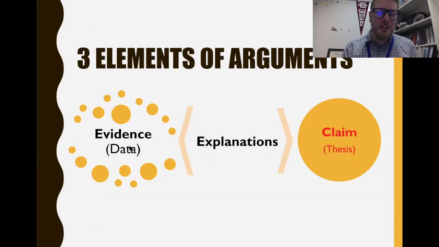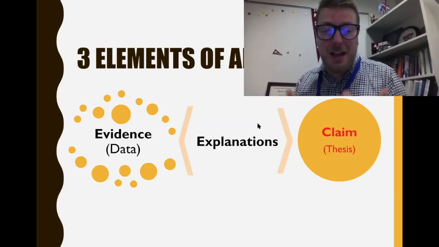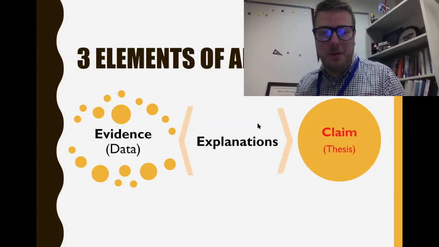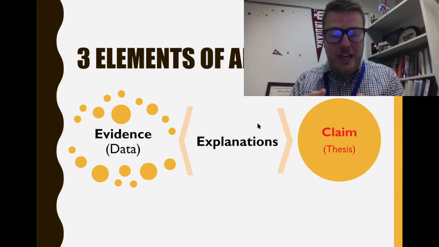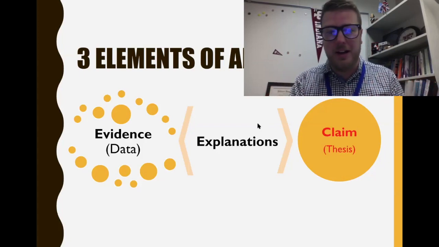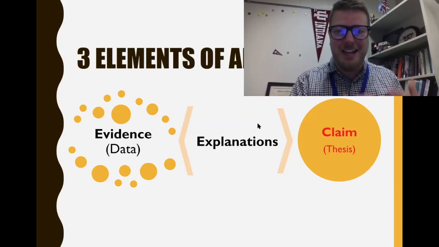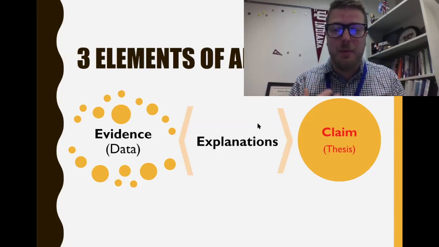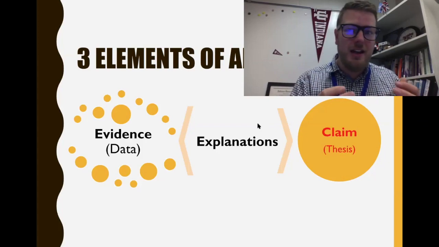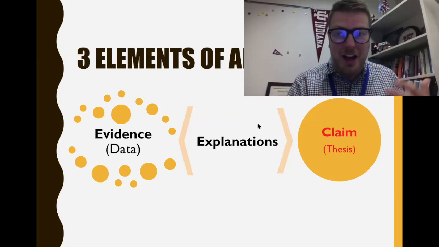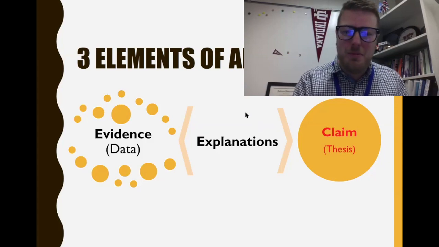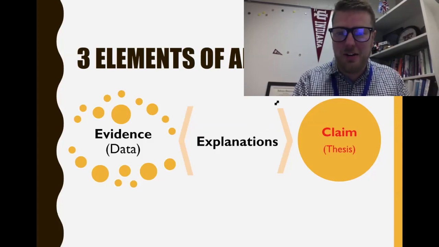But with those claims, there has to be evidence. You guys know this from previous classes, I'm sure, too. But that evidence is data. Does that mean that all evidence is numbers? No. Remember that evidence can come in the form of expert opinions, expert testimony. It can come in the form of well-known facts. So don't just look for numbers, right? Statistics don't just mean data. Data just means information or facts that we can rely on, right? That's information that is agreed upon. So for instance, the sky is blue is generally a piece of data I think we can all rely on, right? It would be very strange and outrageous for anybody to not agree on that.